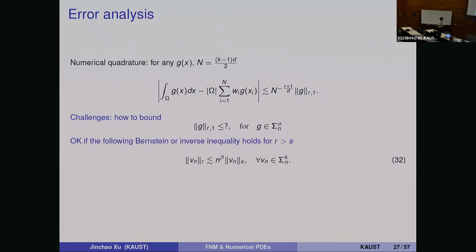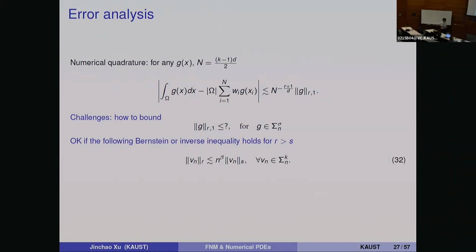As long as you can bound some subgroup norms, but both of the things are approximated. But here, my function class is a neural network. It's very funny. Now the question is that if you use the Bernstein inequality, if you play with approximation theory, the Bernstein inequality says that a high order subgroup norm can be bounded by a low order subgroup norm